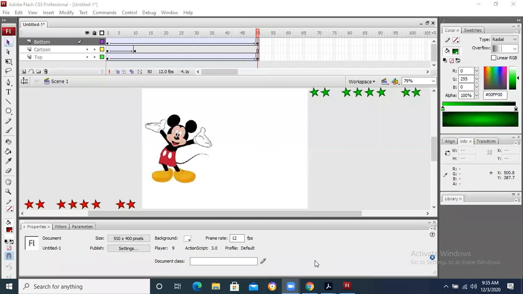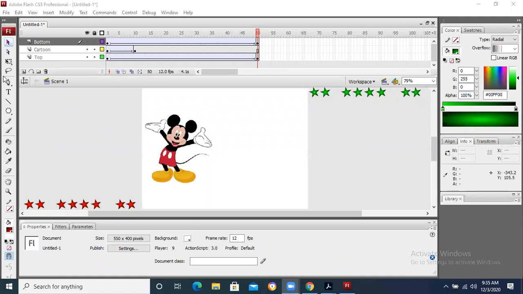Sir, whenever in the timeline I make frames from 1 to 50 and I click in the center to create motion, it doesn't create motion. I can't even press the button.